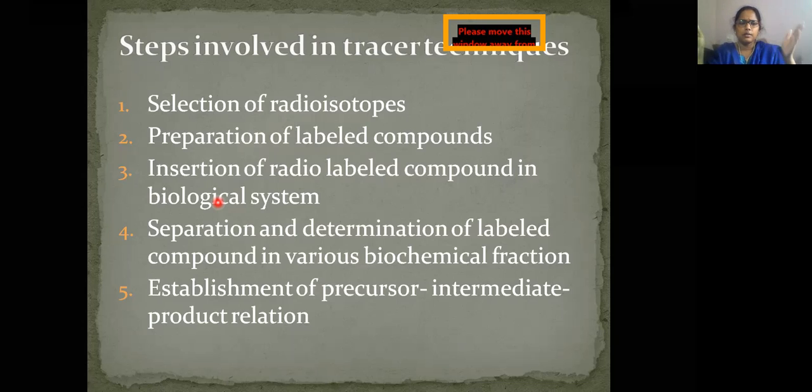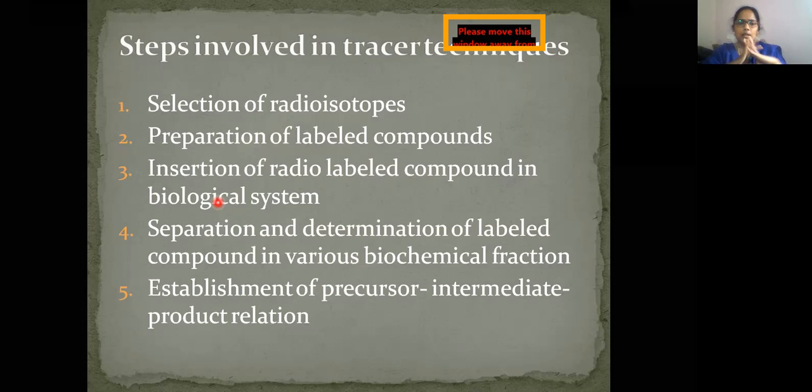Okay, it will take a certain period, right? Depending upon the secondary metabolite, we have to allow the radio labeled compound to be involved in certain steps or stages of reactions, and after that you have to separate the secondary